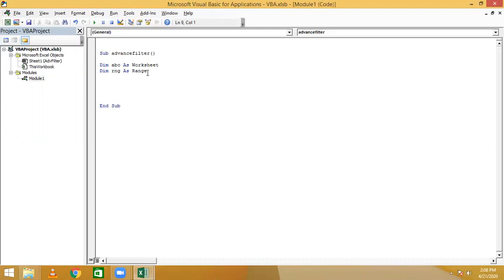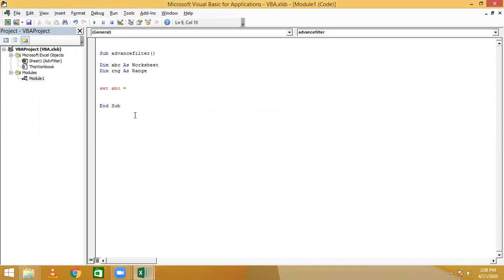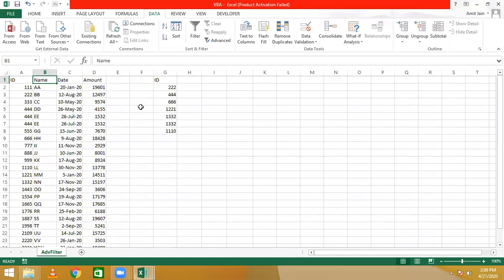Now we need to set the variables. We have defined them, now we will set them. ABC is equal to ThisWorkbook.Sheets, bracket open, inverted comma. We will use the sheet name here.